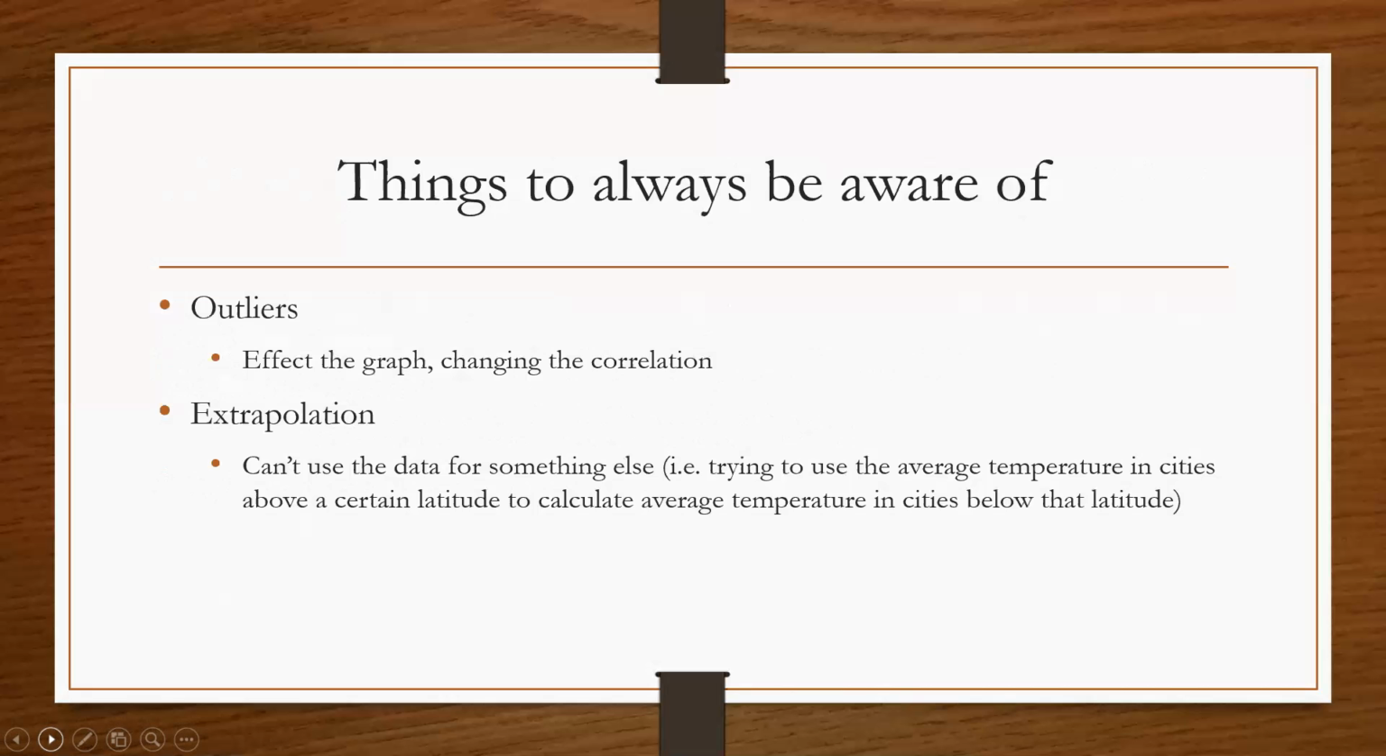Basically what it's trying to say is that you can't use the data that you found in one thing for trying to find something else. So for instance, if you have an equation of data for the average temperature in a set number of cities above a certain latitude. So let's say if you're going from like Miami to New York, then you can't use that data for a city that is not